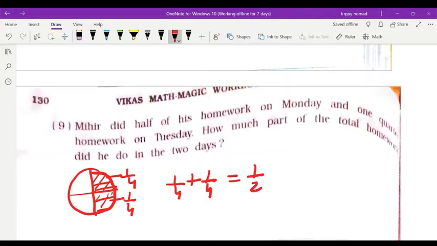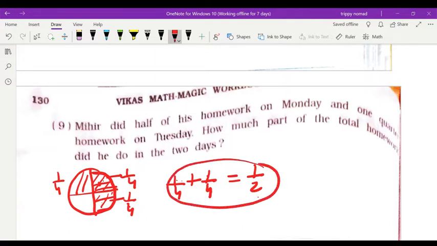How will it become half? 1 plus 1, you have seen this. Here this is half they have given, half of the circle. That means 1/4 plus 1/4, because we have divided this circle in four parts, and this is 1 part out of 4, this is 1 part out of 4. So 1/4 plus 1/4 becomes half. And this one is 1/4. All these are 1 part out of 4. That means 1/4 plus 1/4 you are getting half.